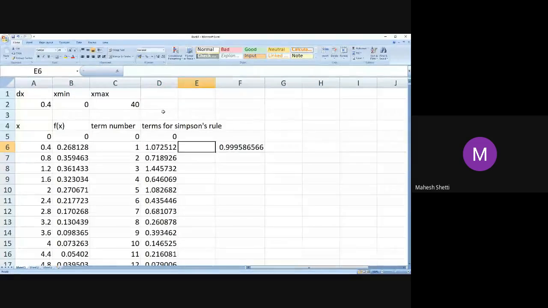So you can go more precise by minimizing that dx term. Instead of 100, you may think of 1000 iterations, and accordingly you can work with that. Okay, so this is Simpson's rule, and you can calculate side by side with Simpson's rule what happens with the trapezoidal rule, and you will see that Simpson's rule gives you a more precise answer than the trapezoidal rule. But the trapezoidal rule has some kind of simplicity.